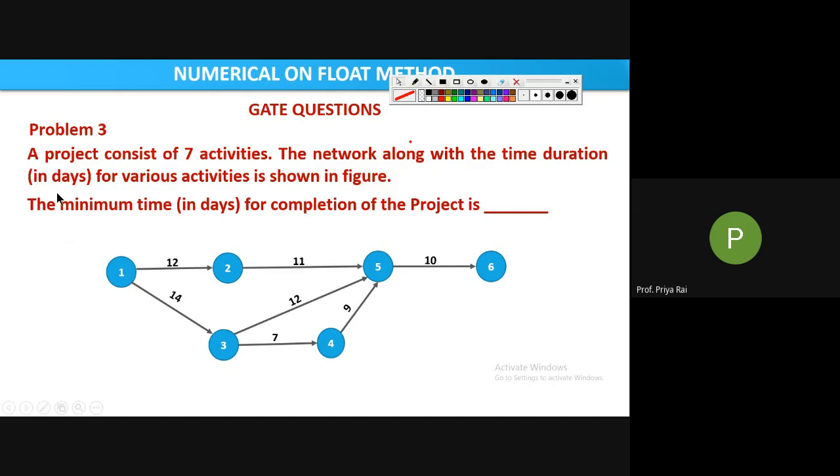Now see, in this question, this is the network diagram, and they have asked what is the minimum time for completion of the project. That is the project duration they are asking. Now tell me how we will determine the project duration. Project duration means here your project starts, here your project ends. So what is the time of completion of this whole project? That is the project duration. I have already said, for calculating the project duration, which parameter must be calculated first? 40. Your answer is correct, but which parameter?